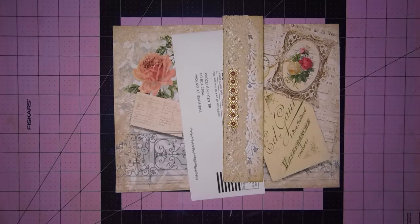I'm going to show you another make-ahead that I think is a lot of fun. It's also a reduce, reuse, recycle, so it'll be the perfect transition into April. I won't be buying any new paper or supplies during the month of April. I am going to reduce my stash, recycle what I have, and reuse some of the stuff that is just laying around